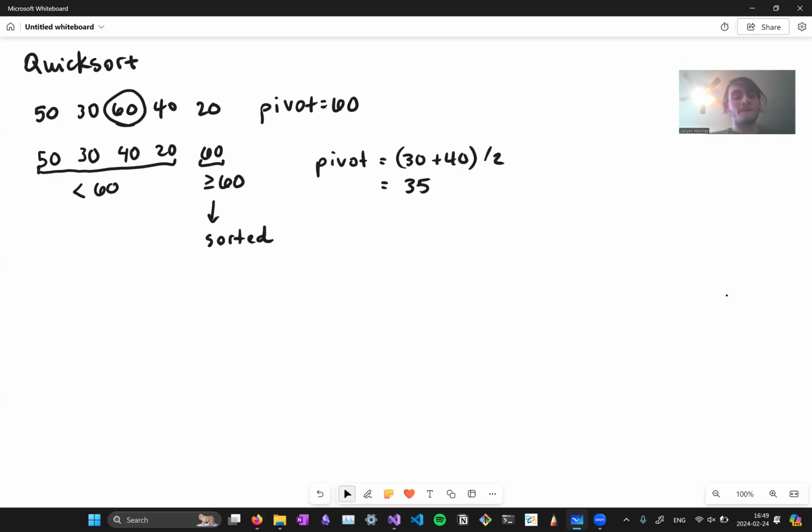And so, yeah, now our pivot is 35, and we can apply that to this list here. 50 is greater than 35, so we will put it on this side of the array. 30 is less than 35, so we'll put it on this side. 40 greater than 35, so we'll put it over here. 20 less than 35, so we'll put it over here. And now we have these two arrays,